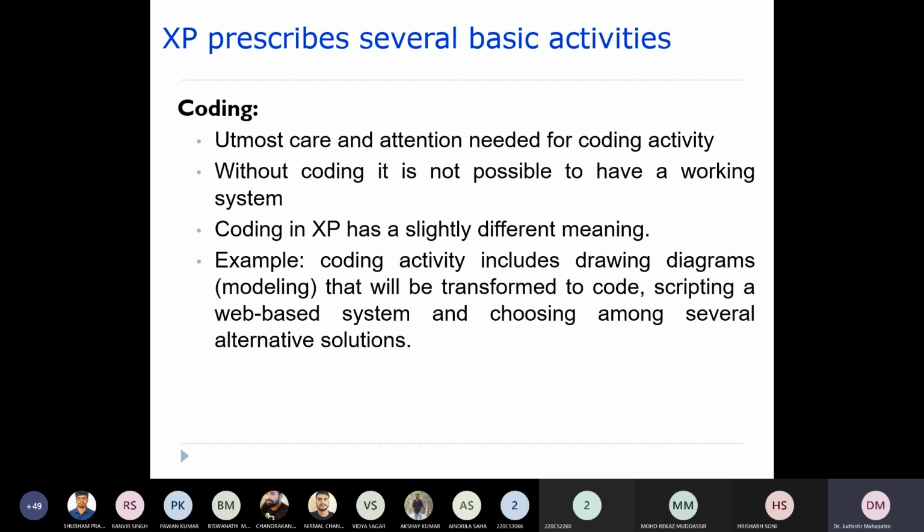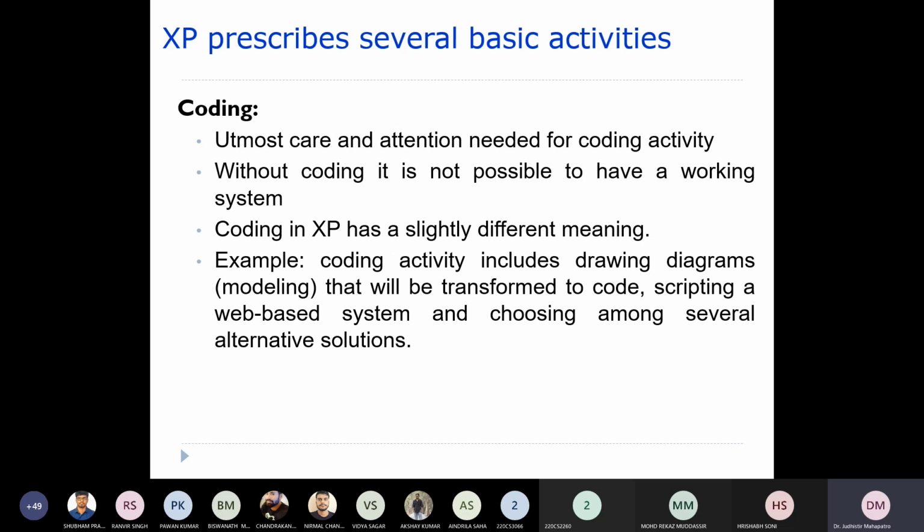So in extreme programming, coding means this sort of activity is involved, or scripting a web-based system, or choosing among several alternative solutions. Let's say you have certain alternative solutions and you choose one of them. That will also be part of the coding activity. Whatever is code related is considered part of coding.